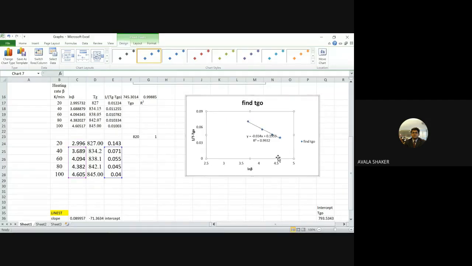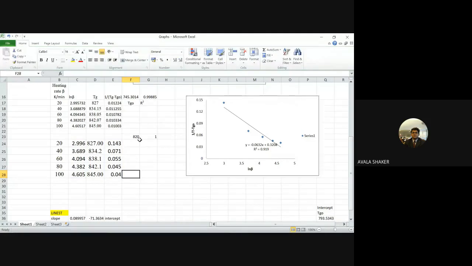Now you see what the regression value is. The regression coefficient is 0.993. But we don't want to lose that point. So what we will do is,